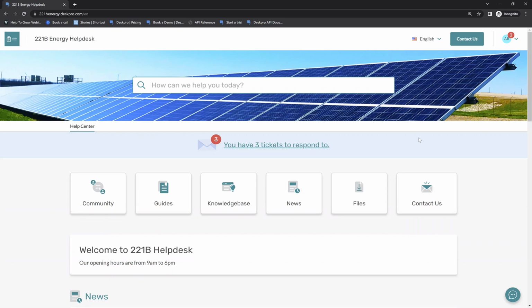So Help Center is a website that can run on a custom domain or on your own Deskpro domain, and it can be completely customized with HTML and CSS, as well as more minor logo and color scheme changes built into our editor as well. You also get something called multi-brand included,